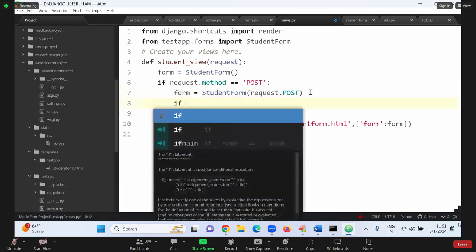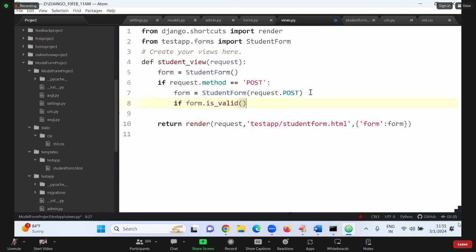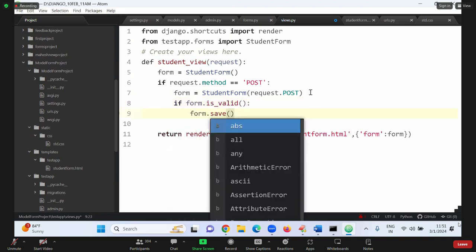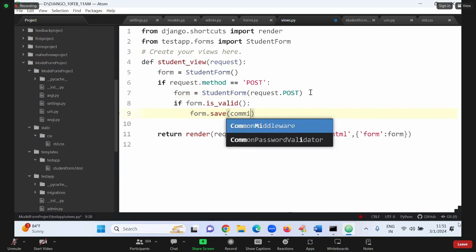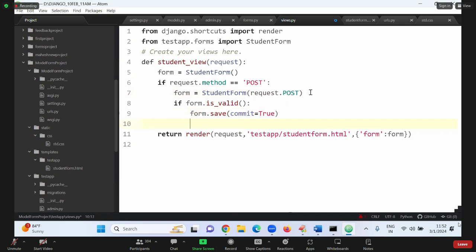Write the if form.is_valid. Minimum validations, it is okay. Done. form.save(commit=True). Now, just for your understanding, I printed